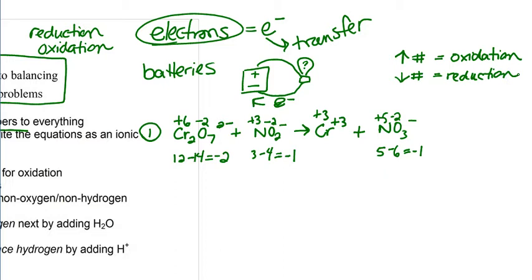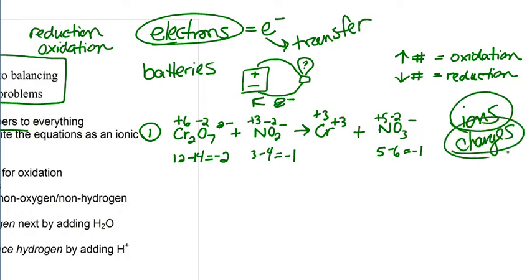If you are reducing, you're gaining an electron, so you should be becoming more negative. All right, now let's identify what's being oxidized and what's being reduced in this whole reaction here. So what we're doing is we're taking this ion, reacting it with this ion to form these two. Notice a big difference than what we've done before with balancing: we're really dealing with ions, and so things with charges. So we have to be aware of those charges in order to balance this and know what's going